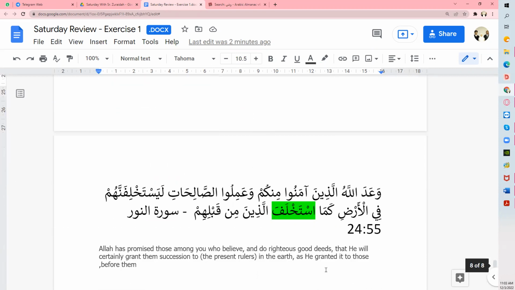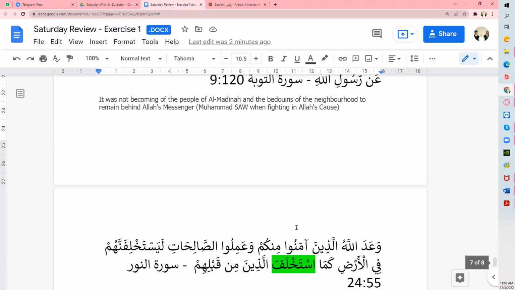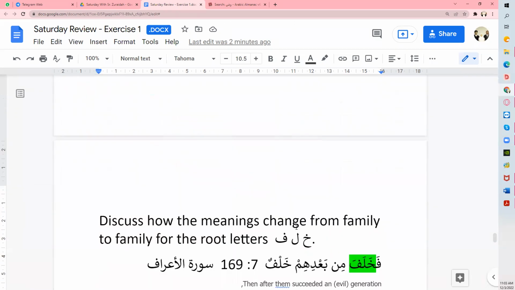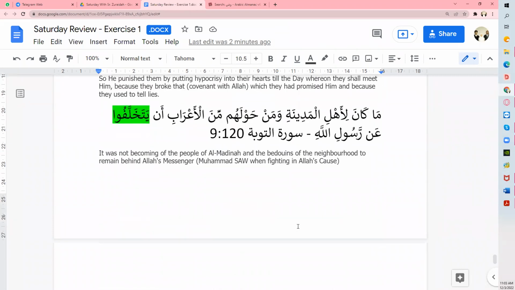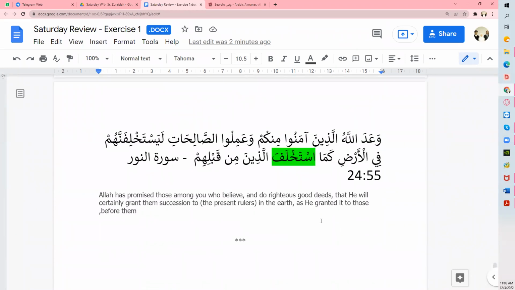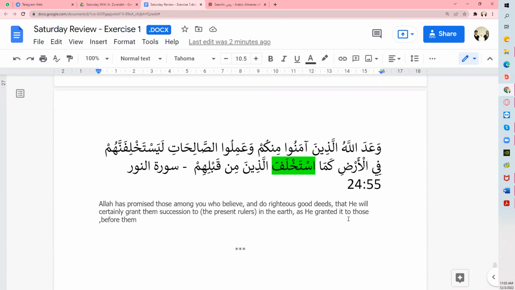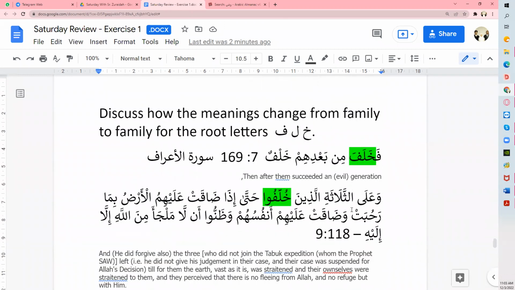So it's a pretty good work. I hope you will take some time to figure out what the different meanings are in the different families for this. Then maybe if we have time next week, we will look at whether what we have done is more or less correct. All right, ladies. I hope it was useful.